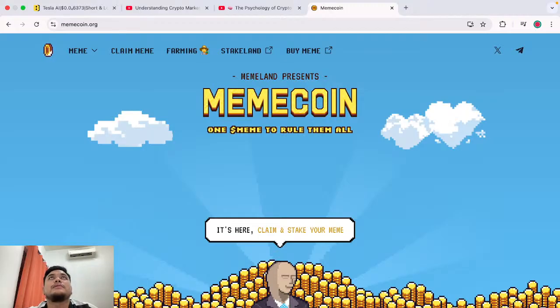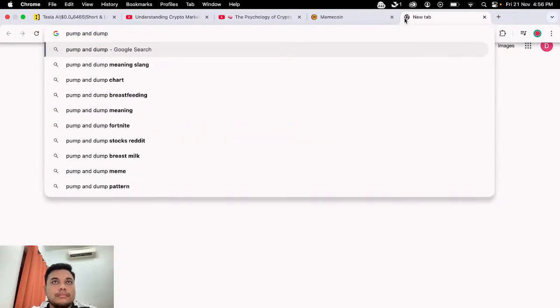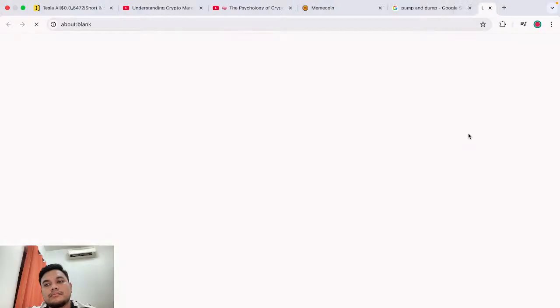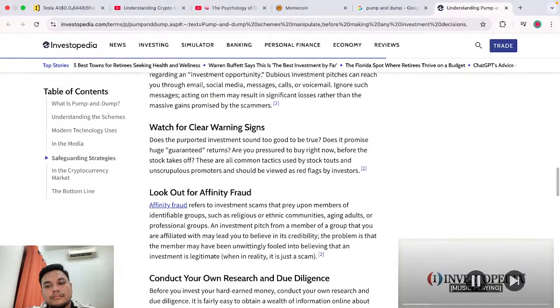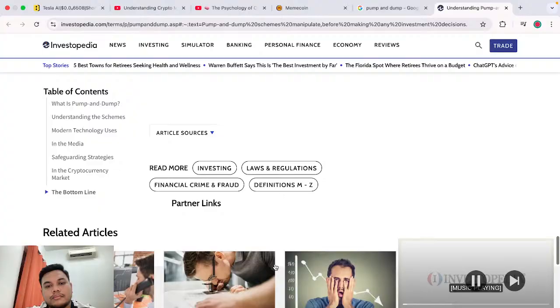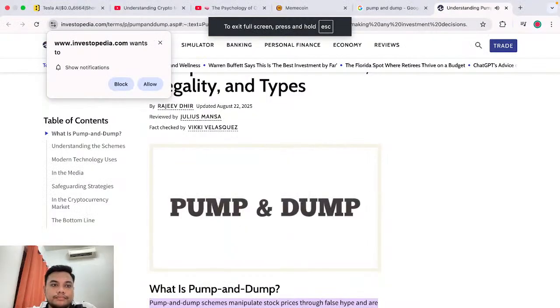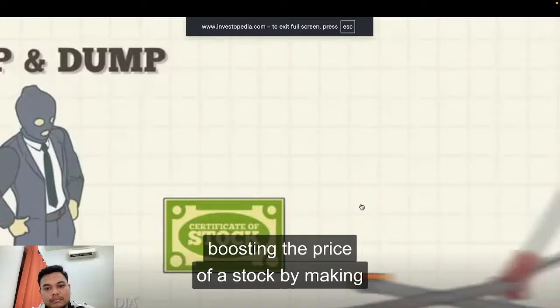On the next part, I think I'm going to talk about this. Oh, it's actually boosting the price of a pump and dump scheme involves fraudsters boosting the price of a stock by making false or misleading recommendations about its